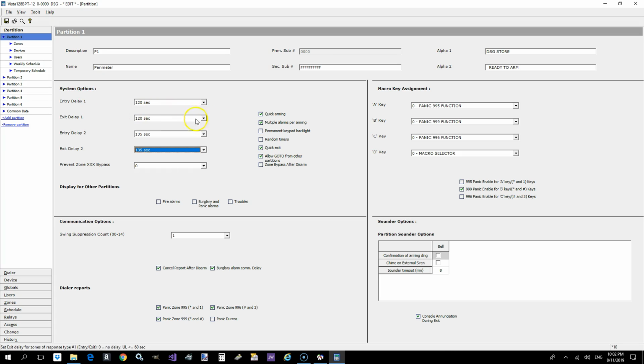And let's see, one thing we want to do too is check these checkboxes here. This is what makes the external siren chime, and the keypad will ding too when you arm the system. So that way you know that the system is armed. As far as these other